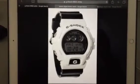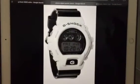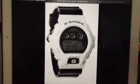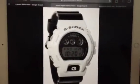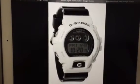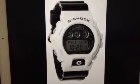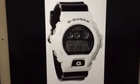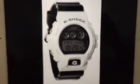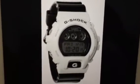Okay, so here's the story. I own two G-Shocks, one of them being a 6900, specifically the GW6900. It's one of the variants. I can't remember the exact model number off the top of my head. So I bought it last year, and I've had it now for about a year and a month, and one of my relatives